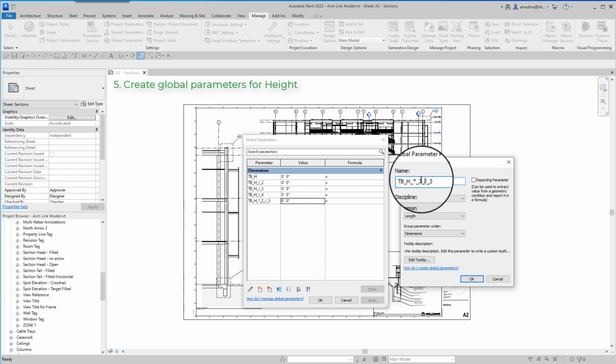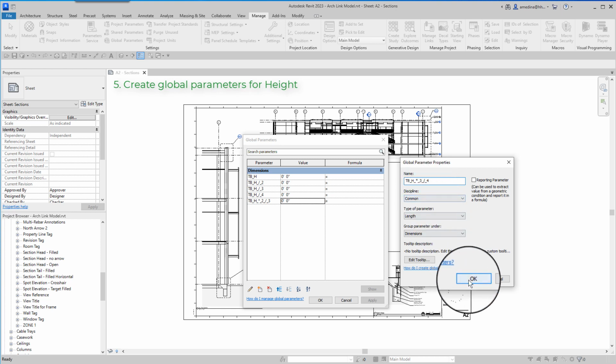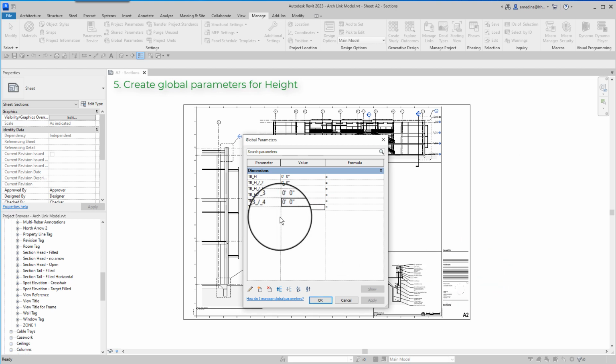So these are the basic proportions or sizes that I'm going to use in this video, but of course you can create more, as many as you want. So this is my basic set for the title block height.